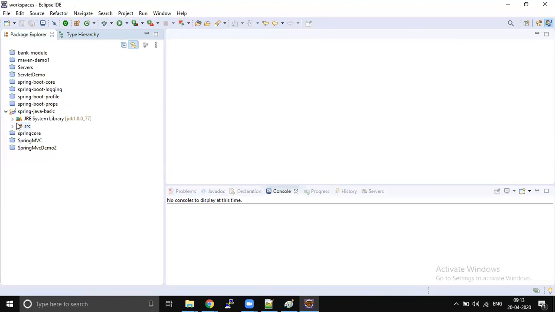But most probably we don't do that anymore. It's going to be done by one person and used by the entire team. So if you get a chance to create a parent POM, don't hesitate. Go ahead and create it. It is a very simple Maven project.